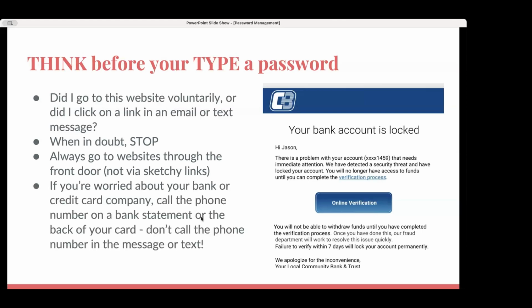And at the end of the day, if you're worried about maybe your account really has been locked or compromised, look at the phone number for your financial statement on your checkbook or on a bank statement and call them and ask, or go in person. Find out from a real person whether there's a problem and don't just run with this scary text message that